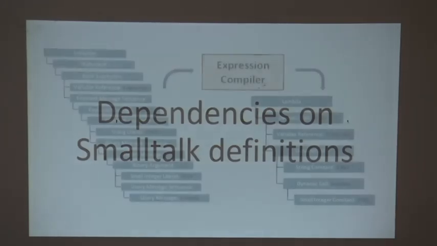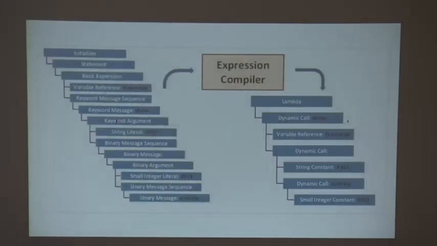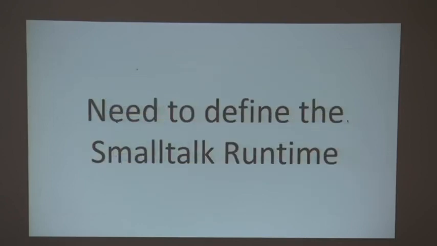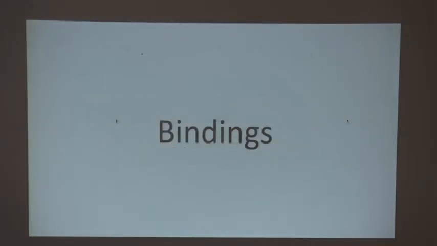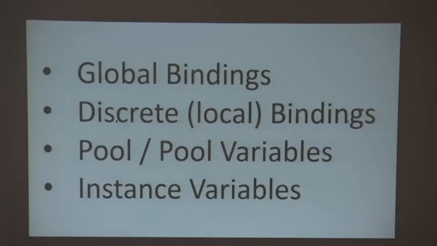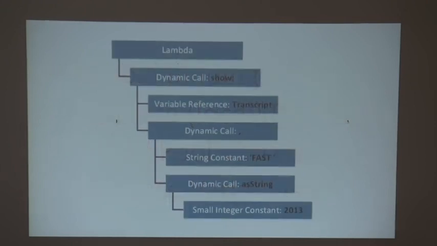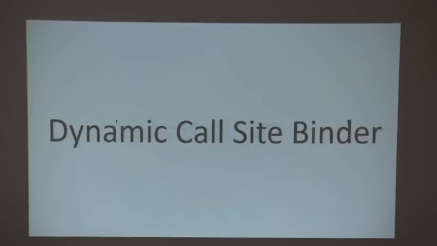So dependency on Smalltalk definition. So we need now, you see there is a thing called transcript. So that variable has to be somehow handled, variable reference. So at that point of time, you have to define what the Smalltalk runtime is, which is the image. So bindings, this is where the variable lives. They are called associations technically, but the term is bindings for global variables, for pools, pool variables, instance variables, etc. And this is actually the tree that we'll look at, and we'll have to. Oh, anyway. Those things we'll have to fix